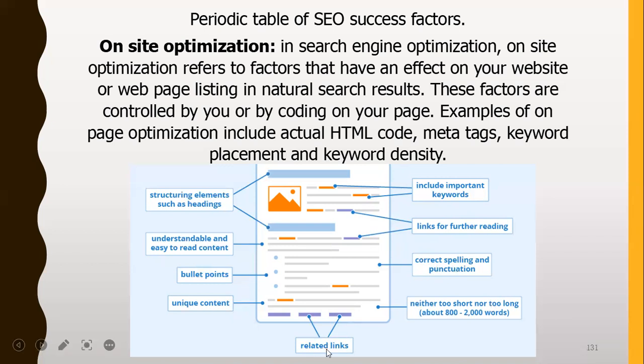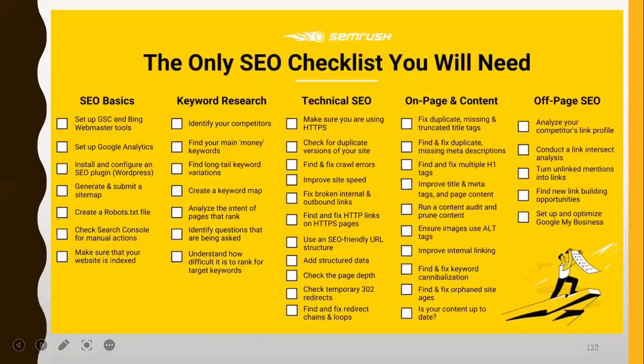Then you want to have related links. You want to make sure your content is unique. You're not plagiarizing. If you are picking up something from somewhere else, you want to reference properly. You want to have bullet points and numberings. You want to actually make it easy and understandable for people to read it. So these are the things Google is looking at before it can rank you.